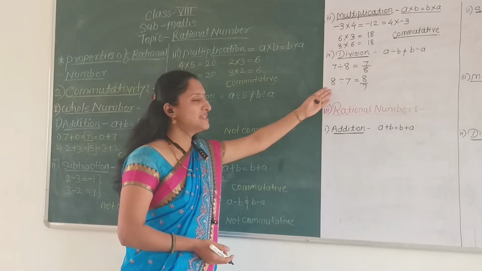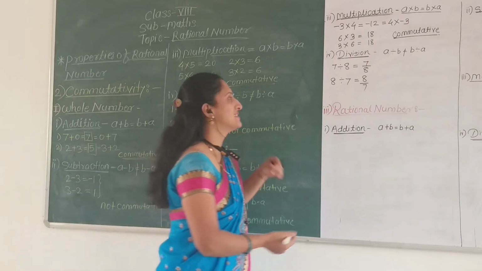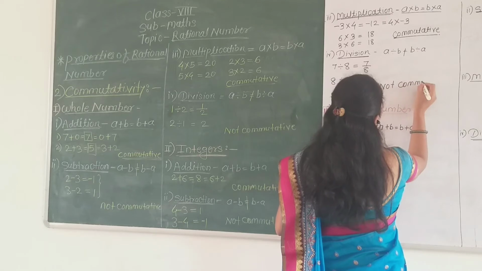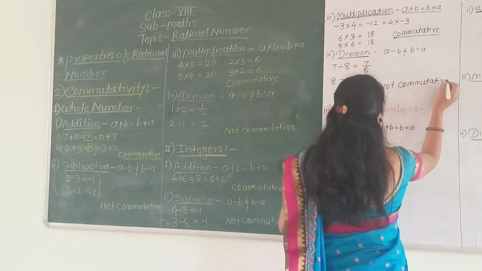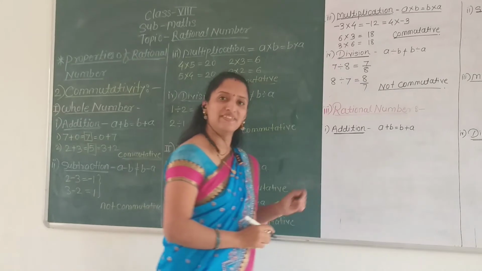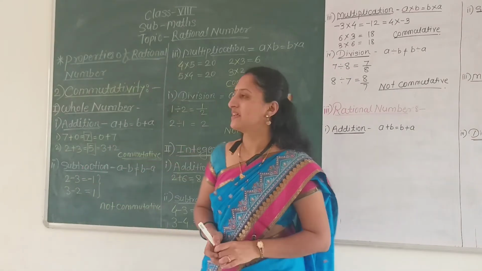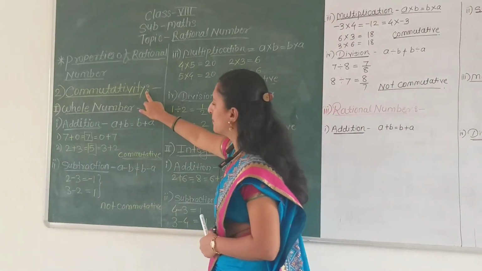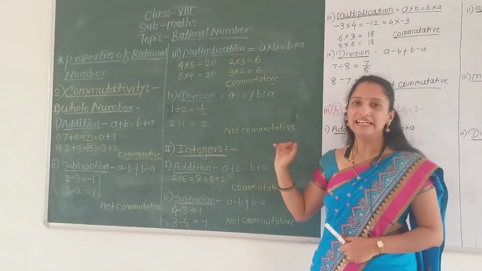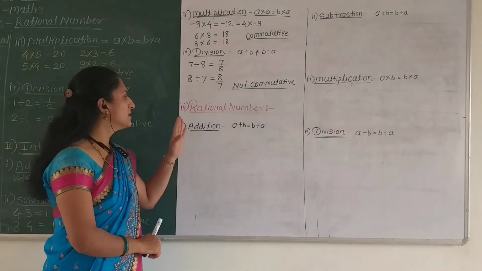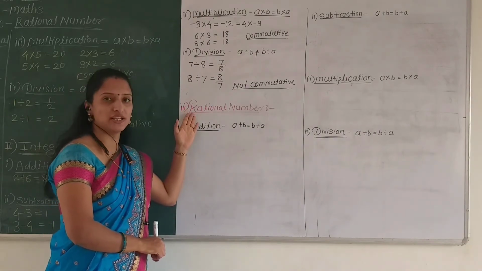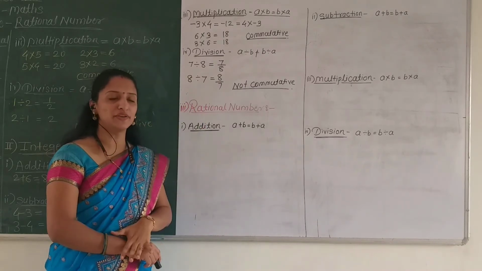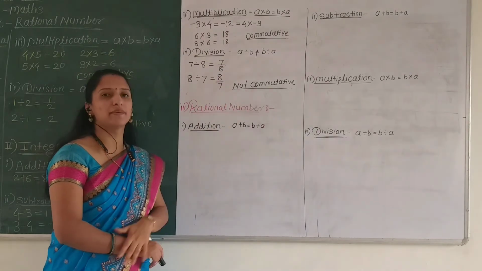Okay. So what does this say? Very nice. Integers are not commutative with respect to division. Okay. So here we checked the commutative property for whole numbers and integers. Now we check commutative property for the rational numbers. Okay. So we have to check if the rational numbers are commutative with respect to all these mathematical operations.